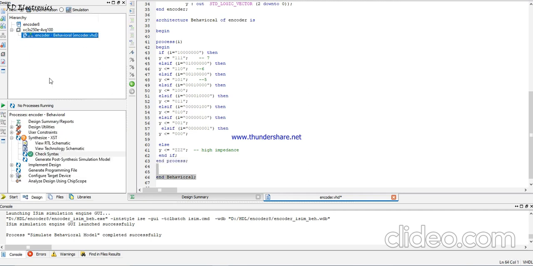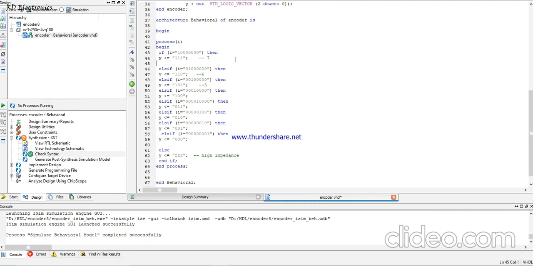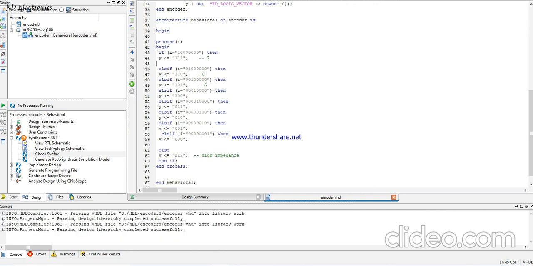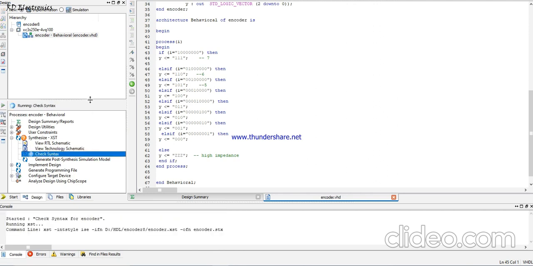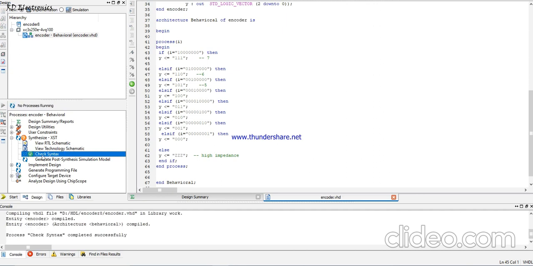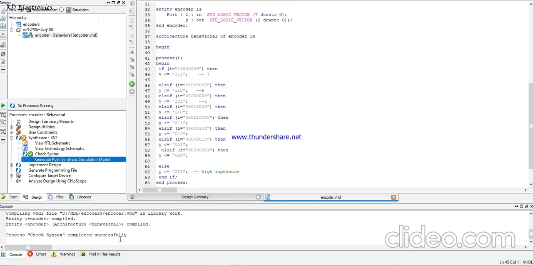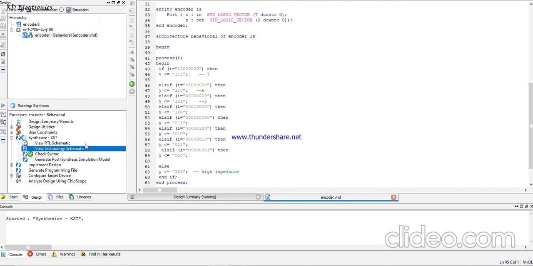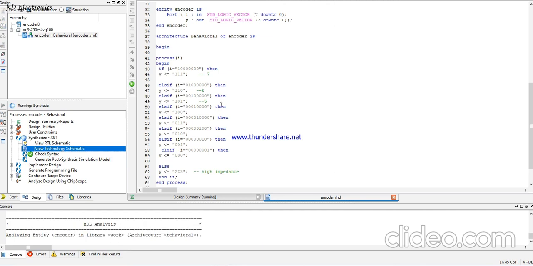Now if we simulate, first of all we use check syntax. Save it. After some time it is shown with a green color and a right symbol. That means there is no error in our code, and it shows that the process check syntax completed successfully. If we view the technology hardware schematic diagram for the 8:3 encoder or octal to binary encoder, so